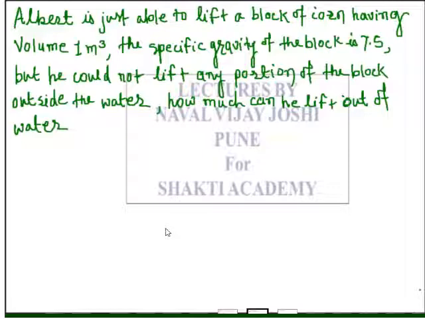And according to Archimedes again, the displaced liquid has equal volume to the immersed solid's volume. So indirectly it is clear to us that the volume of displaced water is also equal to 1 meter cube here. Understood? It is 1 meter cube here. So I would write here,